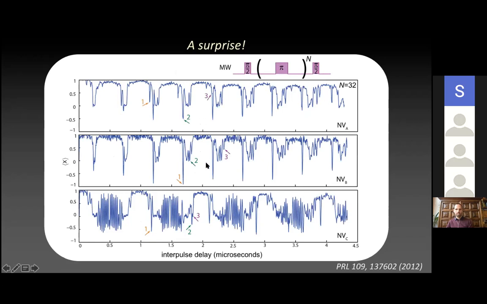So what you see here, for example, this spike here, we have an interpulse delay in which the nuclear spin is undergoing a full 2-pi rotation. And as you know, if you do a 2-pi rotation on the spin, you get a minus sign. That minus sign is then transferred onto the electron spin superposition state, and the electron spin goes from the plus x state to the minus x state. So it's a fully coherent gate operation, if you wish, on these nuclear spins.